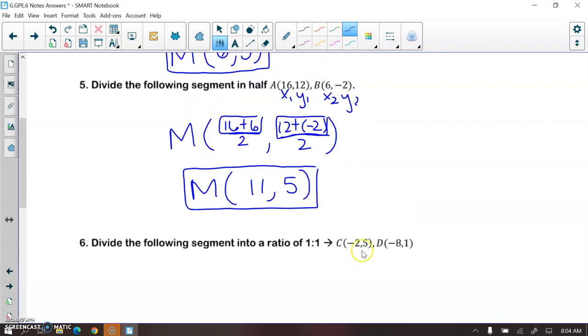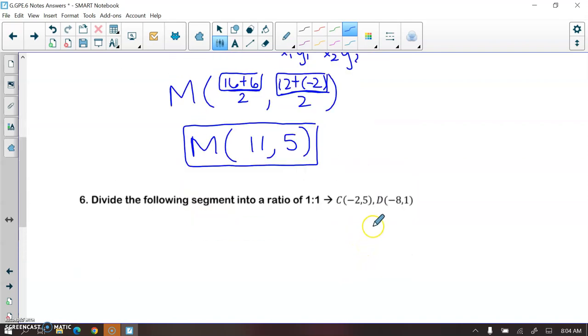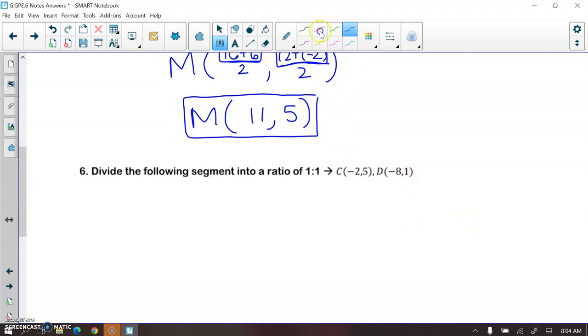And then number 6 is also written differently. It says to divide the segment into the ratio 1 to 1. So what that means is that if I had my segment, negative 2, 5 and negative 8, 1, actually it would look somewhat like this, where D is here and C is here. This is just a rough sketch. Dividing that segment into a ratio of 1 to 1 would mean that I'm finding the midpoint, because I want